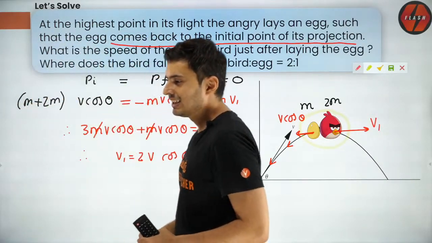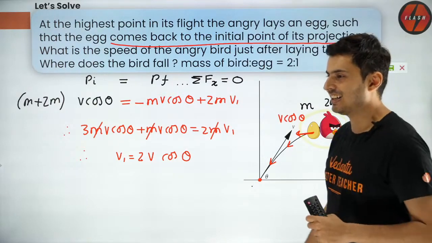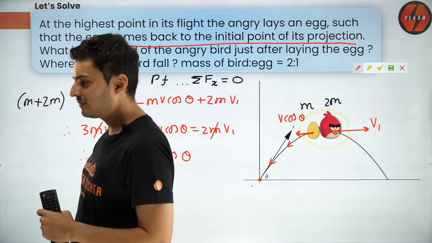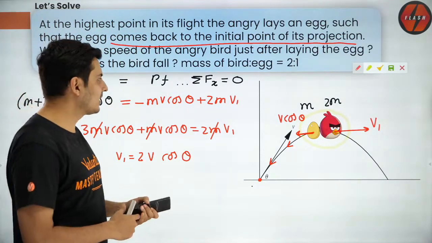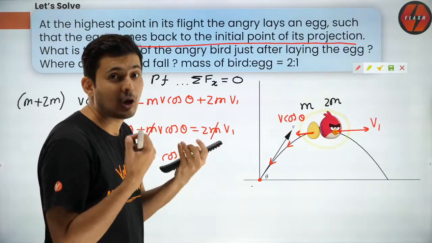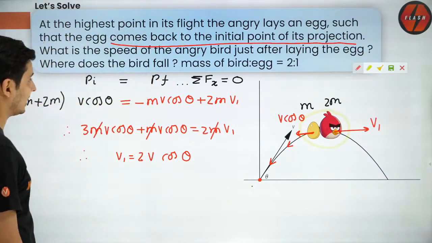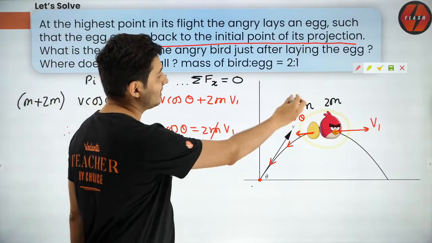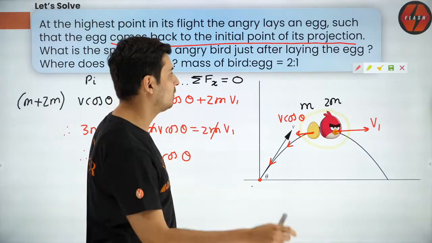Is it clear? Cyber, I will give it to you at the end. First concentrate. Alright. Very good. So Suhas, I don't know whether by magic or by luck you got it. So this is the actual way of doing it. Because if the masses were not in this 1:2 ratio, then your answer will be wrong. Right? So be careful.